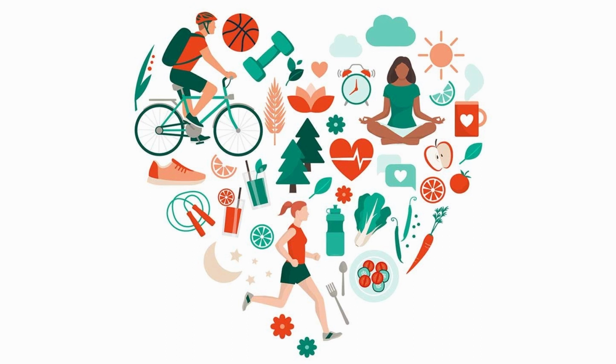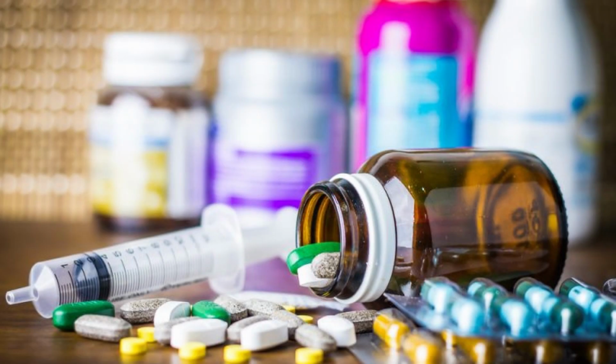Now this is a very common problem, and it needs major changes in lifestyle along with very early initiation of medications as soon as the symptoms start. So starting with the lifestyle modifications along with medications and the need for surgery, we'll be talking everything about this